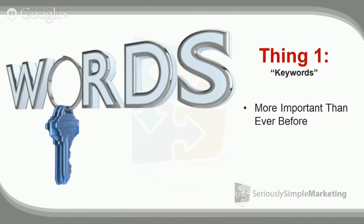So what happens is, the difference between short tail and long tail. Now, if you're not familiar, short tail basically means just a word or two. So "WordPress SEO plugin" versus "what is the best WordPress SEO plugin." "What is the best SEO WordPress plugin" would be a long tail keyword phrase. And if you're trying to rank, what you want to do is rank for long tail keyword